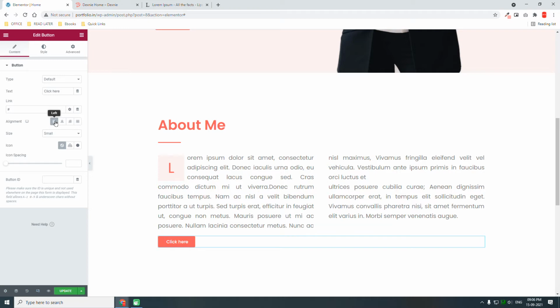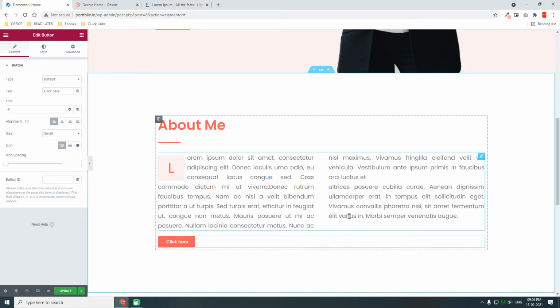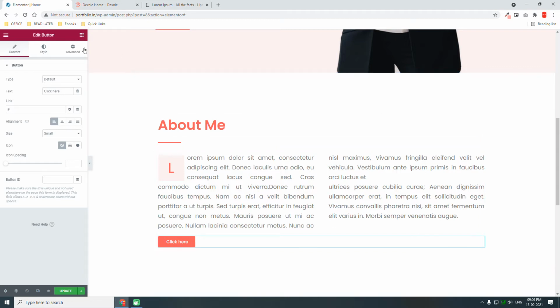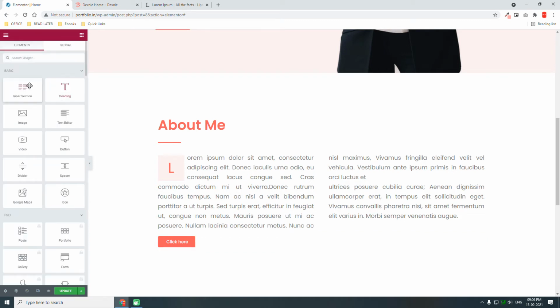Yeah, once again I want to insert this button at the end of this column, but since I do not use inner section or inner columns, this is only a single column, so I cannot position this button here. If I want to do it, possibly I have to use absolute positioning and align here. That's not the best practice, once again. So I think it is better to insert